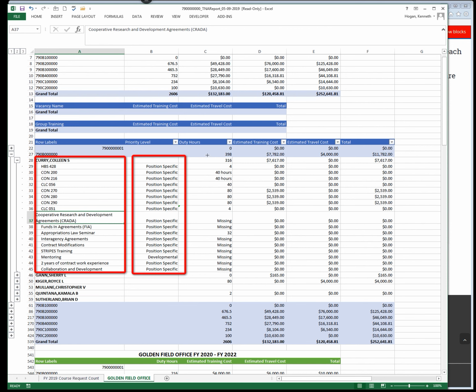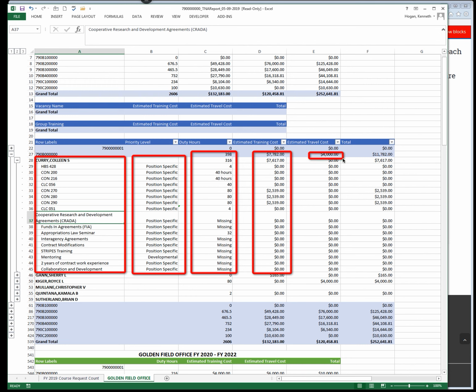The total training hours for her was 398 hours, which is not 100% accurate because we have 1, 2, 3, 4, 5, 6, 7, 8 training hours were not added in there. Total cost for Ms. Curry was $7,782. Total training travel cost $4,000, with the total training was